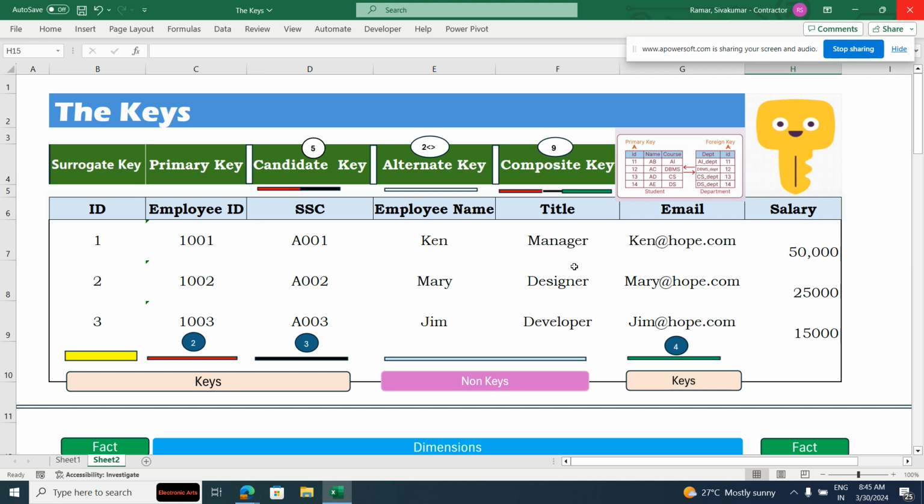And the alternate key is used in the absence of your primary key, and the candidate key is a representative of the primary key. The difference between the candidate key and the composite key is that the candidate key has one additional key associated with the primary key, whereas the composite key is associated with more than two columns that form a unique row. Here you can see